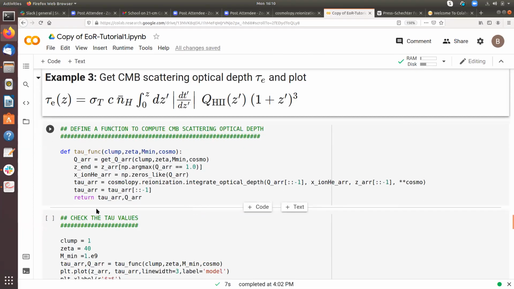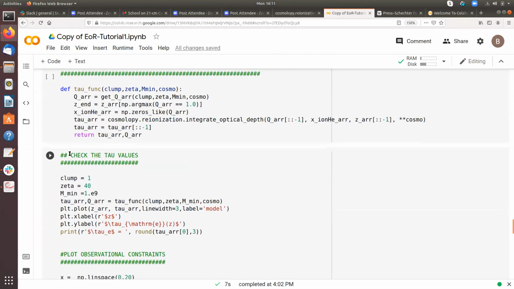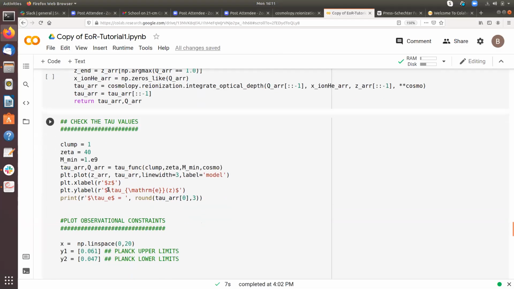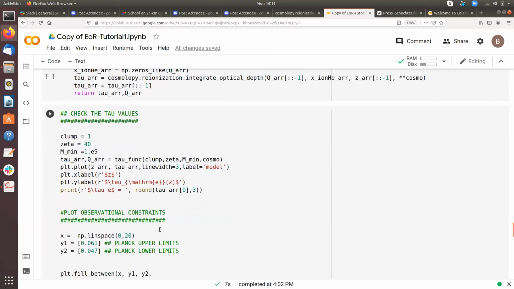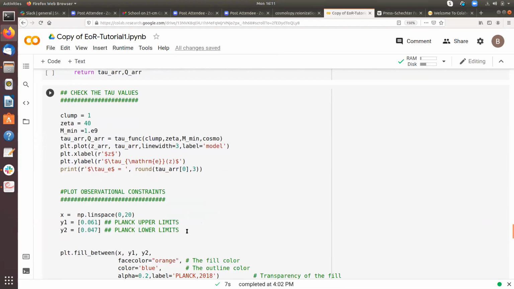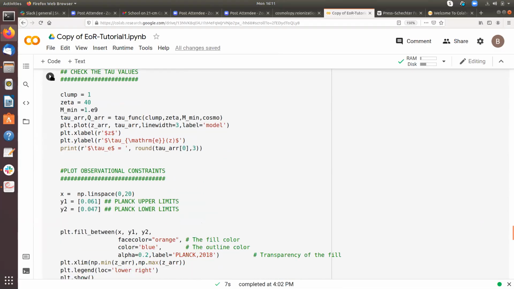Now let's check the tau values for a typical model. Let's say clumping factor of 1, zeta of 40, and m min of 10 to the power 9 solar mass. Along with that, I have plotted the Planck limits which we have now. Let's see what this model gives us.